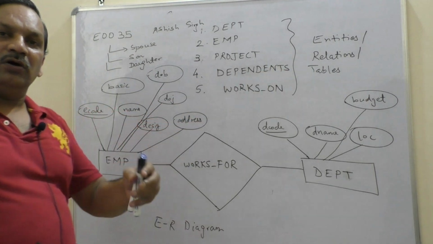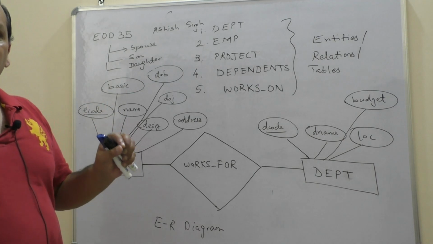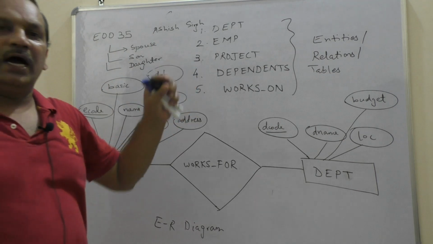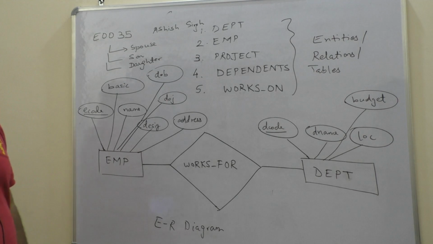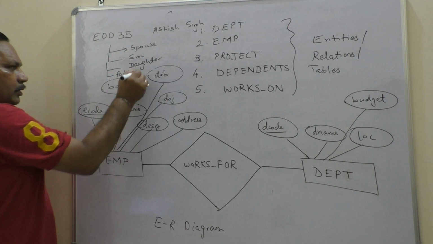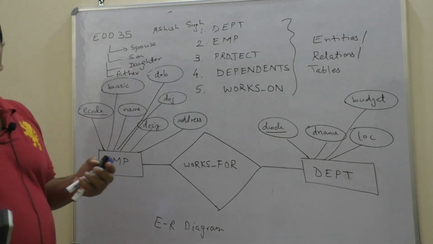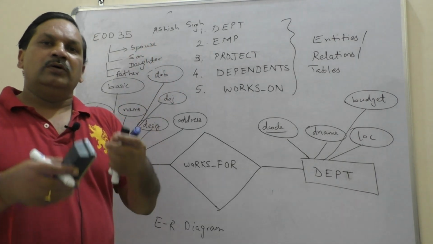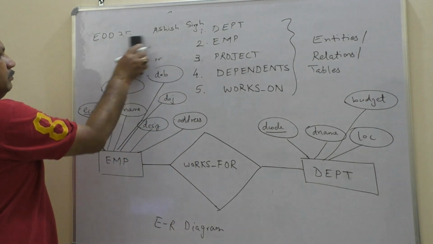Dependents. There may be 1,000 employees working in your company. For each employee, from employee code E001 to E1000, you will have the dependents, that is, who is dependent on that employee. Even the parents, the father, could also be a dependent. So I have to store this data, because these are the people for whom the company provides insurance, medical benefits and other benefits.